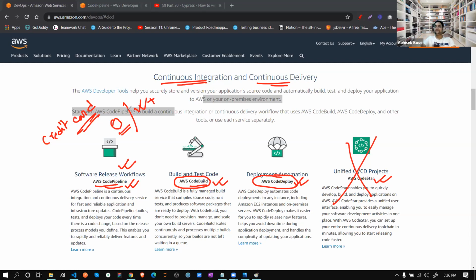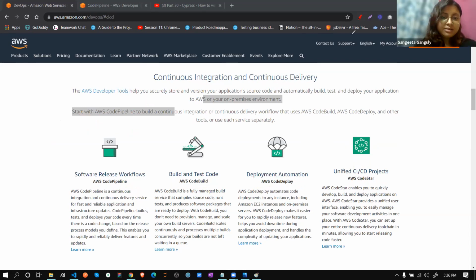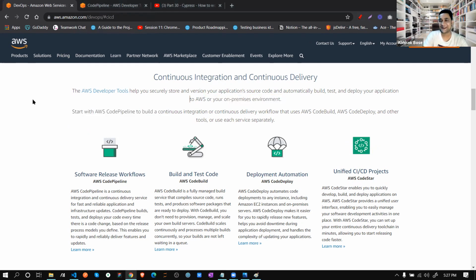Okay, so what you need to do, I'm just showing. Let me clear this drawing. Credit card is mandatory. We don't have one. Yes, without a credit card, AWS does not allow you to create an account. I can't do it. Ask your parents, it's fine. AWS has not made anything for poor people like us.